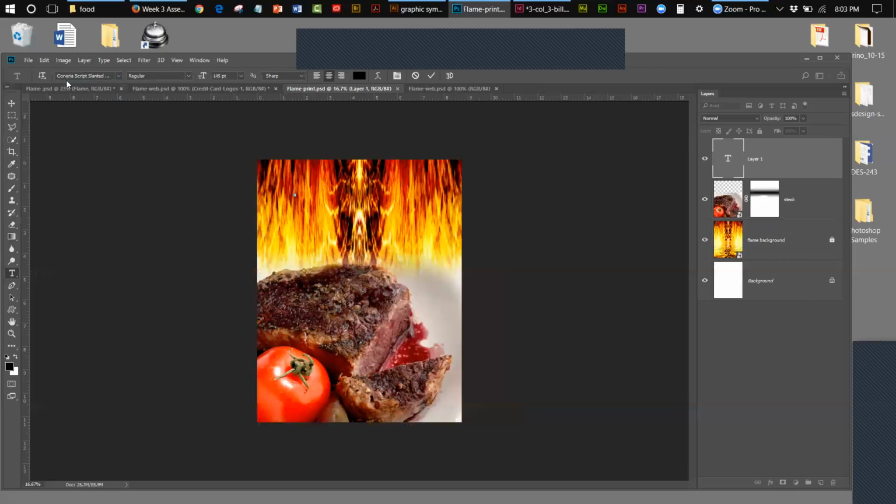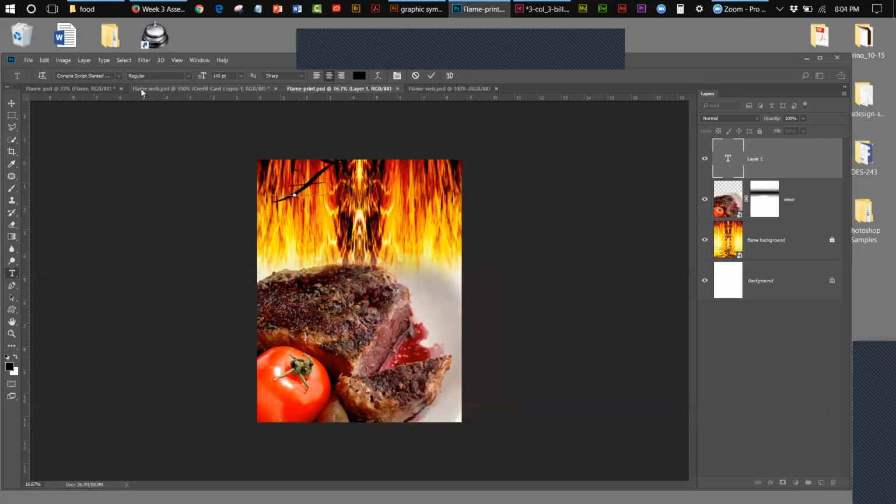And you see what happened? Since the last thing I had selected, this is important. The last thing I had selected over here was Canera script slanted regular 145 point. So now, because I did that, I actually loaded that font right in. So now I got this font right here. So again, you pick the font that you want, and I'm going to call this